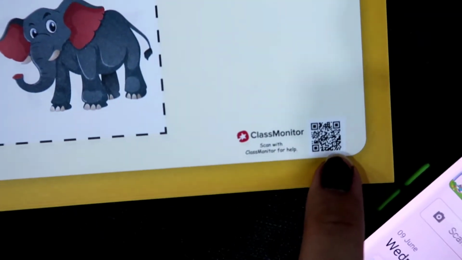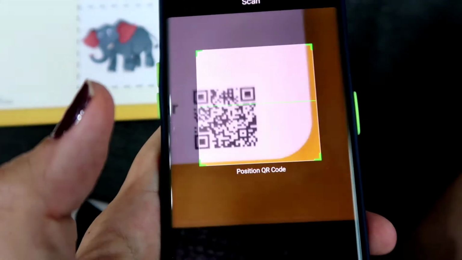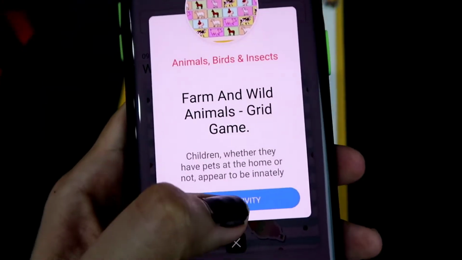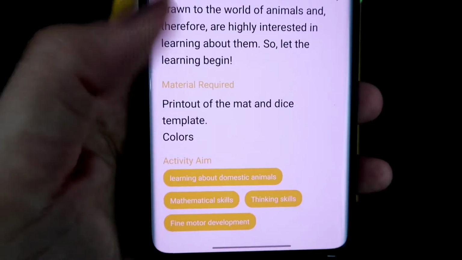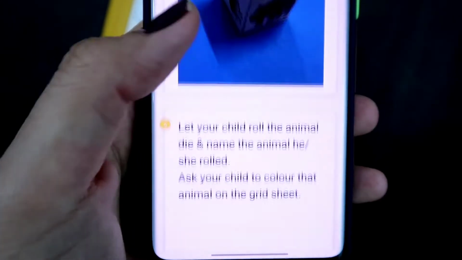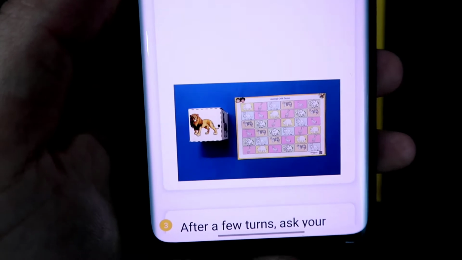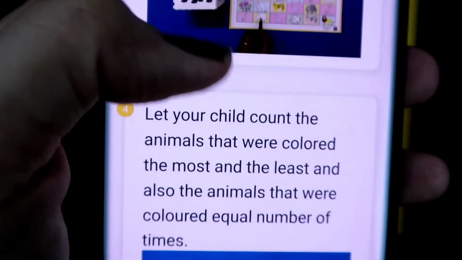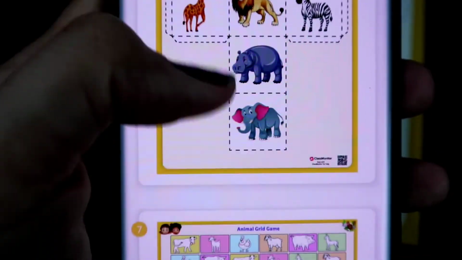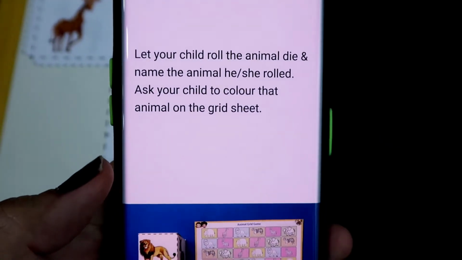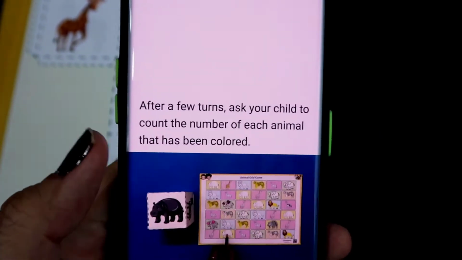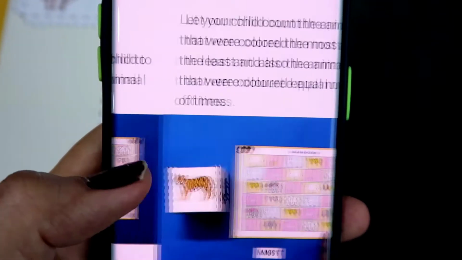And on every paper there is a barcode like this which is mentioned. All you have to do is go to scan study item, scan the barcode and it will tell you what activity it is, how much time it is going to take and how it is going to help a child. They also give different options as to how you can use the same activity in different ways, more in a practical format. Also, this is a fun way to learn because sometimes we as parents get confused as to how to go about the activity, and this scan study item is on each and every sheet that they have provided to you.